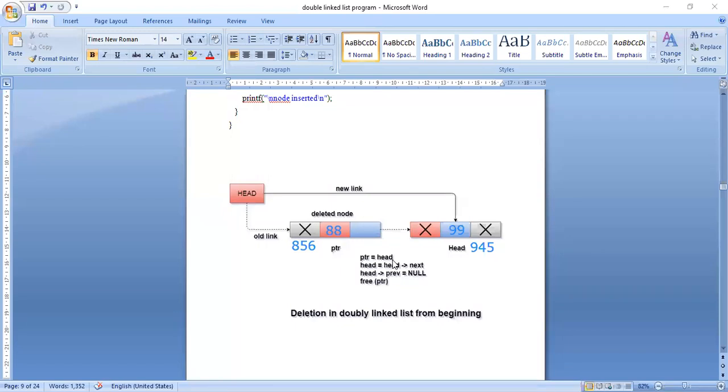So you can see that one. Now initially 88 is the starting node of the linked list. So initially it was stored in head. Head value is initially 88.